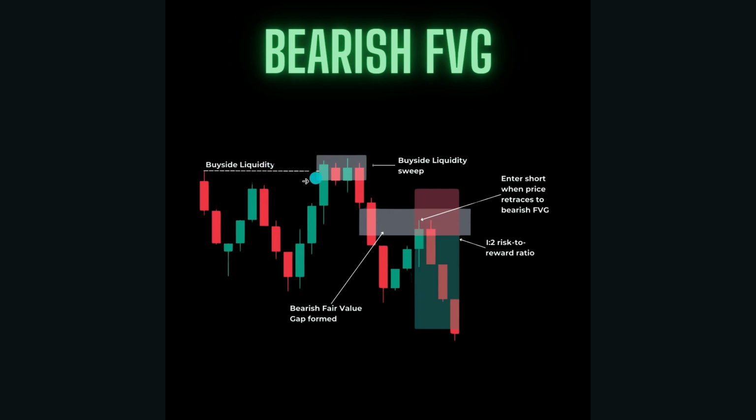So with the bearish fair value gap, instead of having that sell side liquidity, we're going to be looking for a buy side liquidity sweep. As you can see in this little box here, say this was the old high, we went up, we kind of swept it, right? Which is saying right here, buy side liquidity sweep. And then we got that nice momentum move down. We got candle 1, candle 2, candle 3.